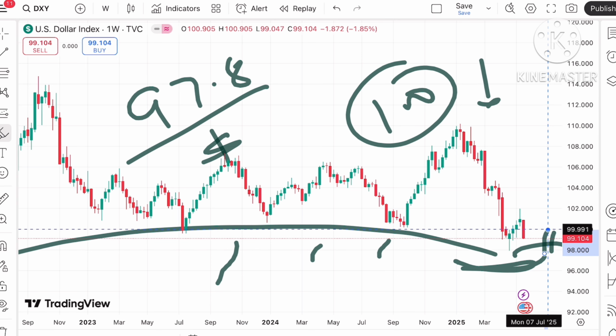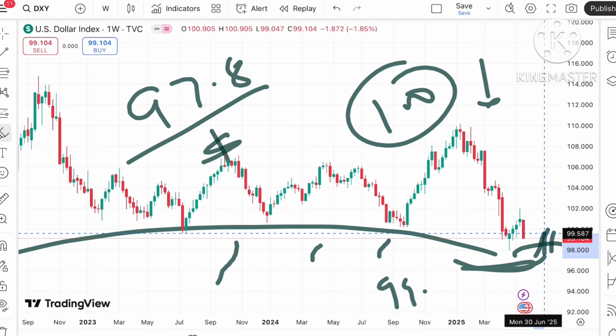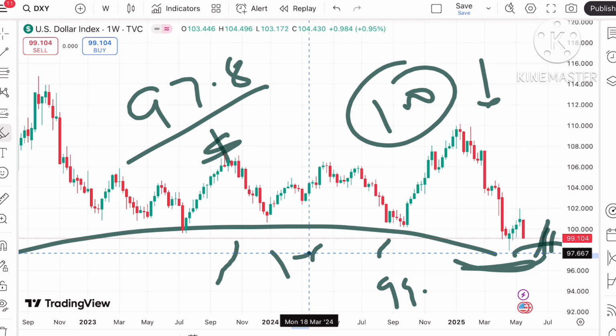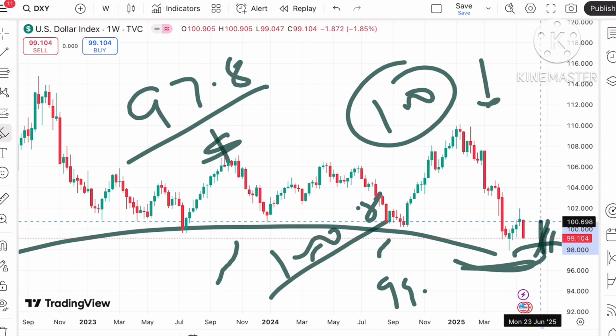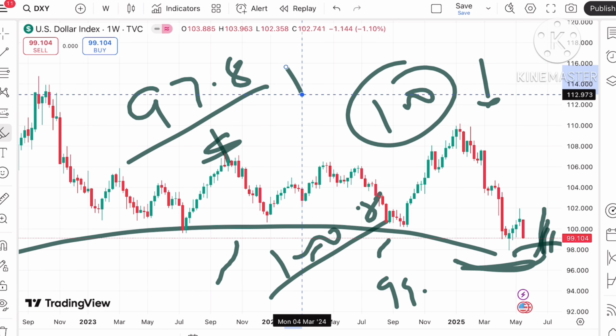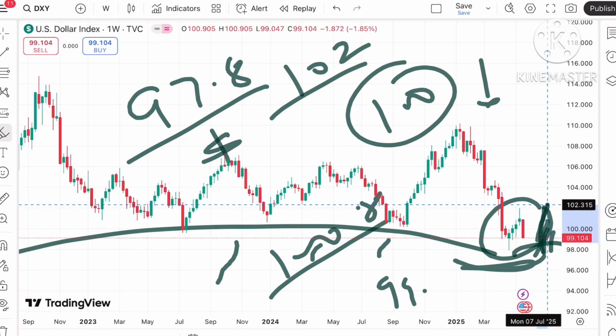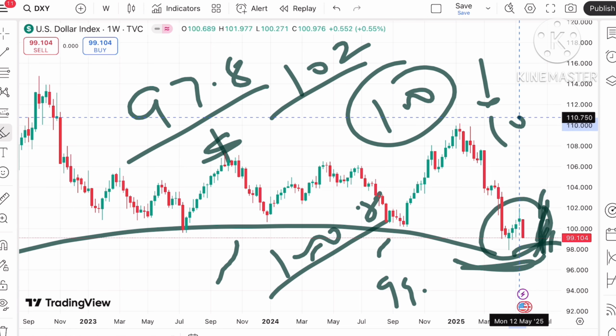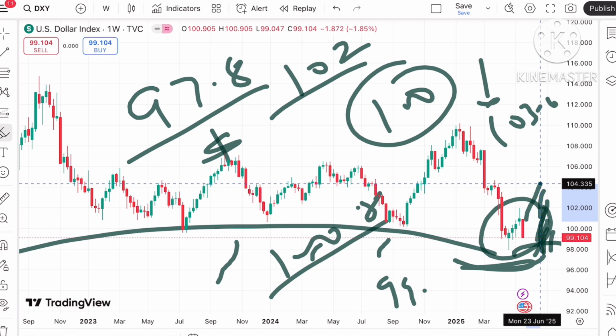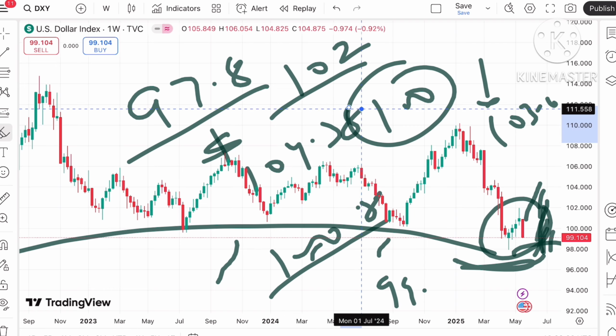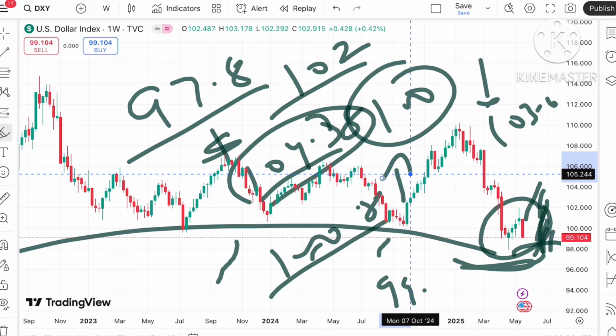a chance that it can move towards a level of $99.9, and from there a further high towards 100.8, and if it started going over this level, the probability of touching 102 we can see, and then there will be a zone breakout, so we can see the price will go further high towards 102.6 to a level of 103.6, and if it started going above this level, probability of touching 104.38, and then a further upside.